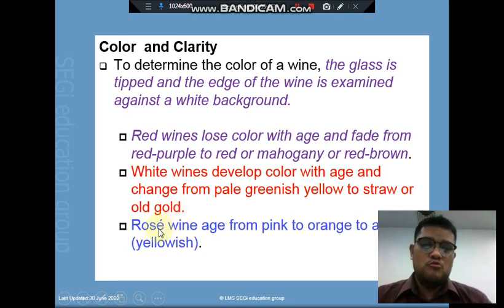And rose wine, if you have a longer age of rose wine, it will turn from pink to orange to amber, meaning from